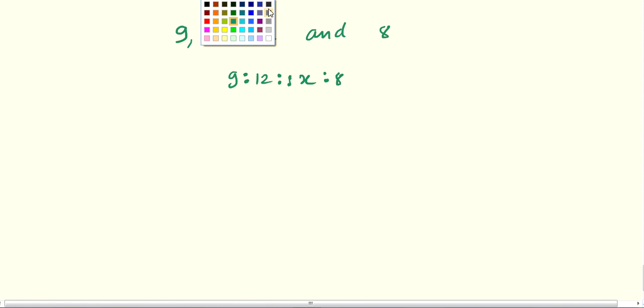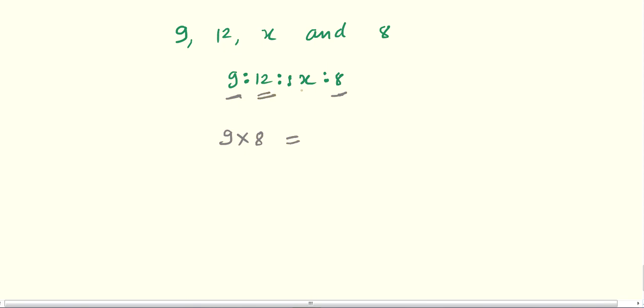One more question I want to solve from 3, which is fifth one. 9, 12, x and 8. So just arrange this. 9 is to 12 proportion x is to 8. So now first into last. So 9 into 8, product of extreme terms will be equals to product of mean terms, 12 into x. Again we have to find x here, so we are multiplying 12 here. On transposing to the left hand side, we have to divide by 12. So 9 into 8 divide by 12 equals to x.